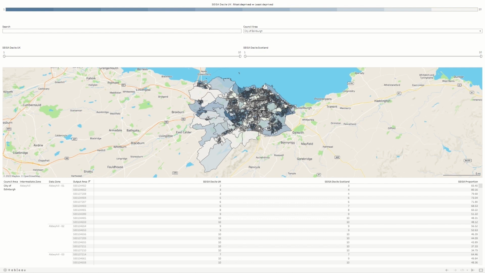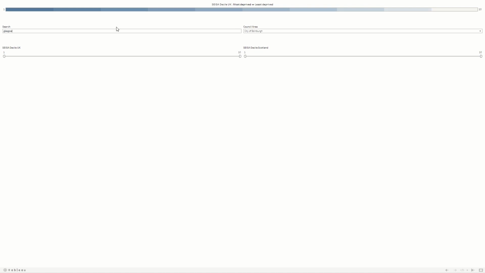Depending on what filters you have applied, you may receive a blank screen after searching for a valid search item. For example, if the council area filter is set to the City of Edinburgh and you search for the Glasgow council area, you will receive an error screen. This is because Glasgow does not appear in the restricted dataset for City of Edinburgh. You will need to expand the council area filter to include the area you are trying to search for.